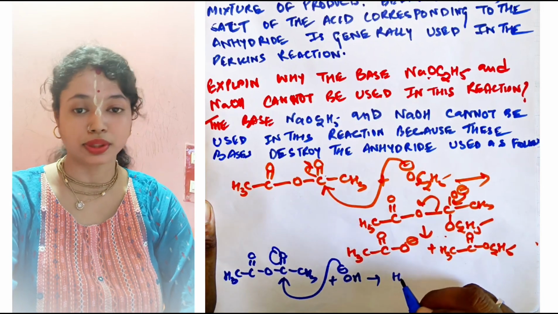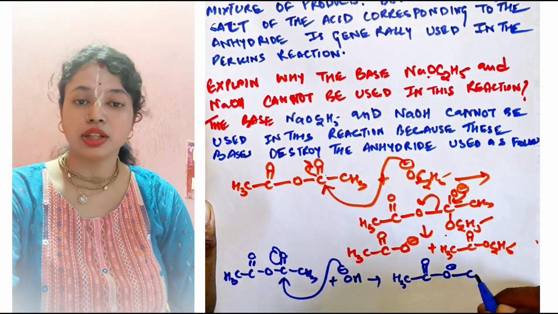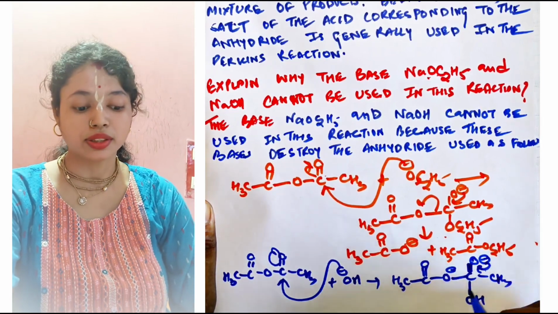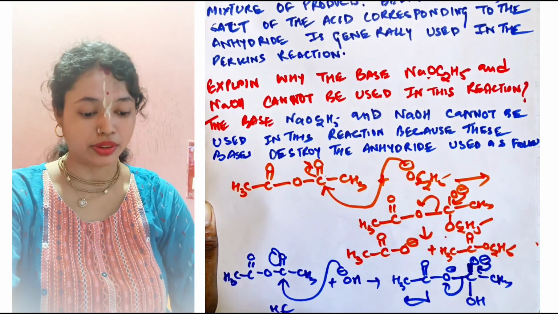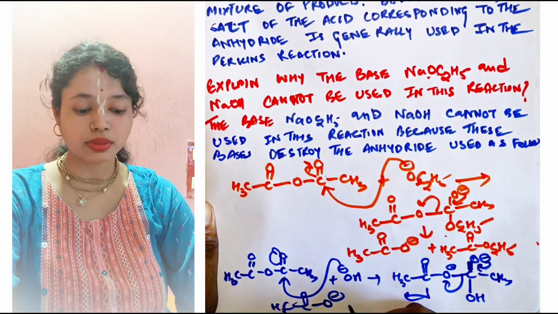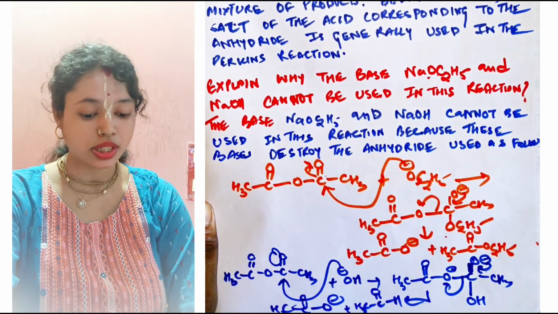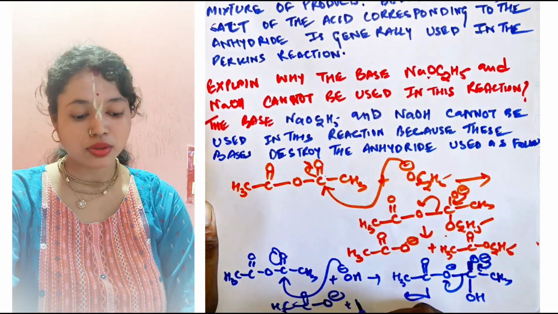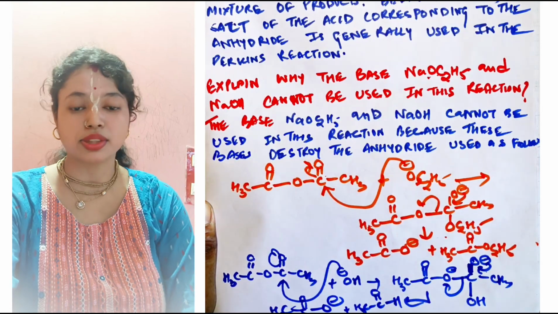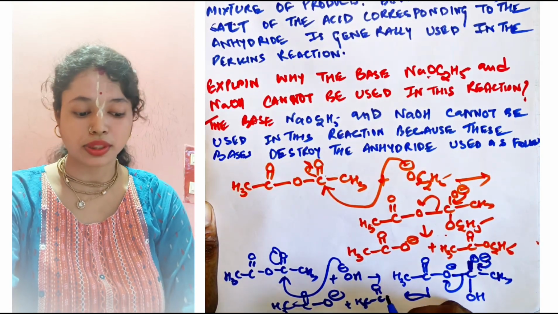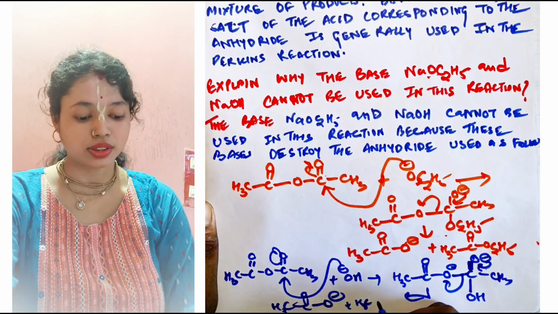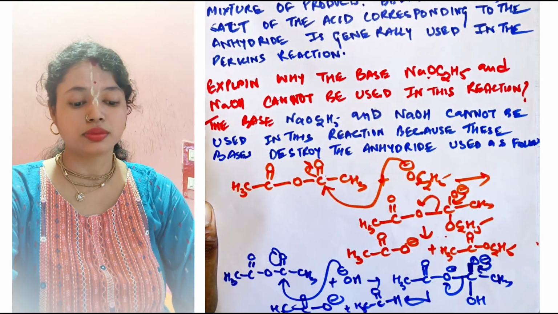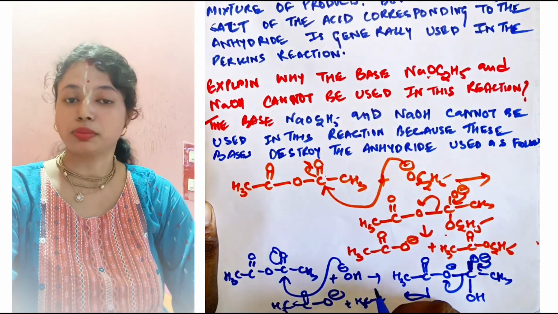These are the two most important questions which always come in exams, or in competitive examinations, to test whether you really know it deeply or not. It is also very easy to remember. If OH is there, it is also going to attack here, forming this intermediate. Now this O minus comes into the ring and separates out the other side, and you are getting one acid and another anion. So these are the two bases which cannot be used in the Perkin reaction.